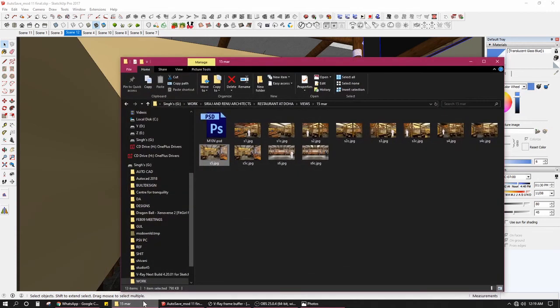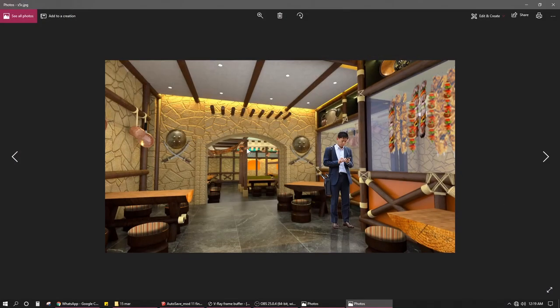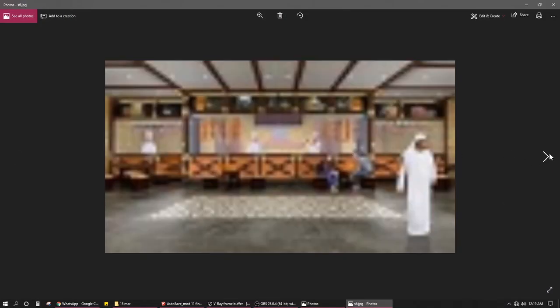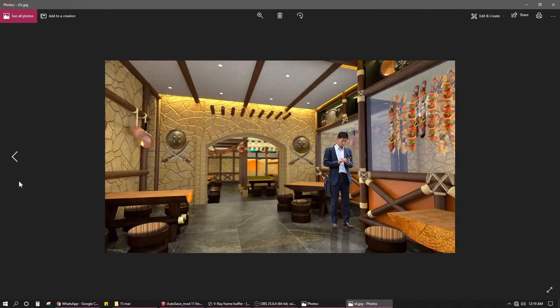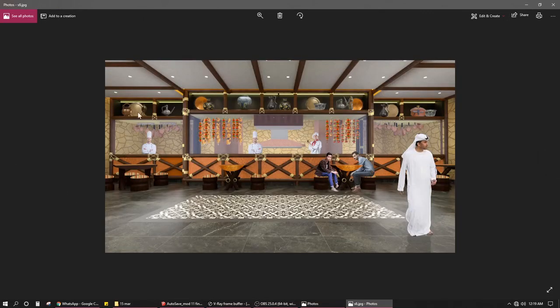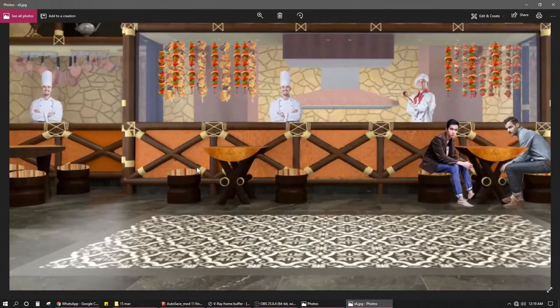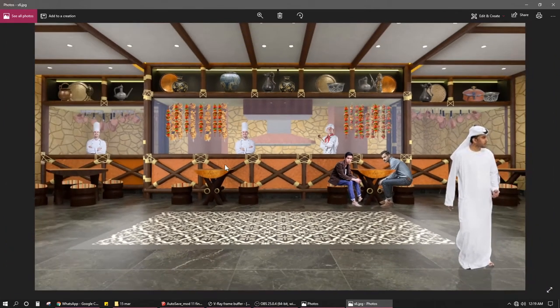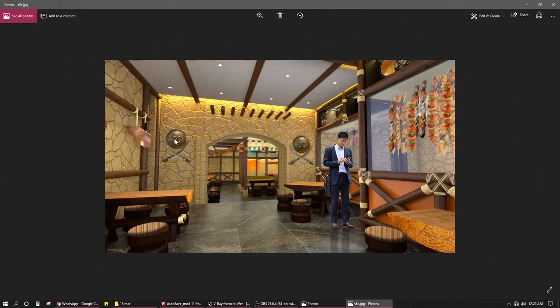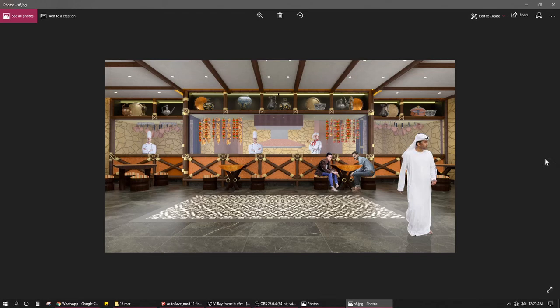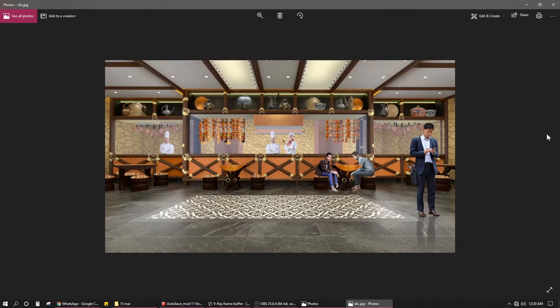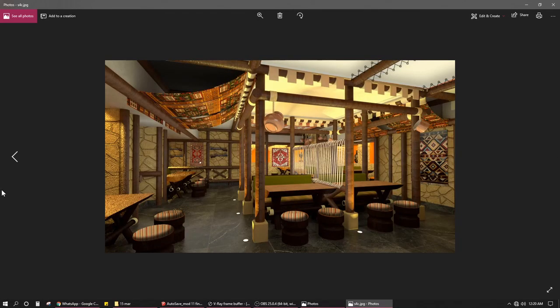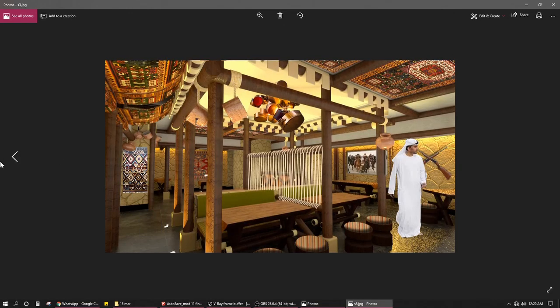Let me just show you a few renders from the different angles of it. So this one was this view. This is the front view, and this arch is on the right hand side of the main counter. So this is the brushed concrete, this is the brushed copper texture that I have used. Okay, brushed copper texture with all these Rajasthani stones is what makes the place look like it has come alive. These are the inside views of it.